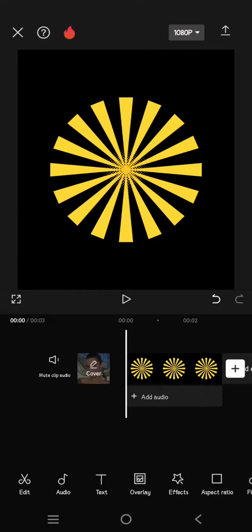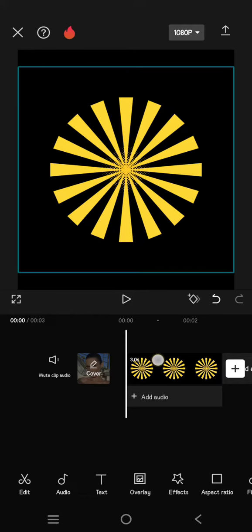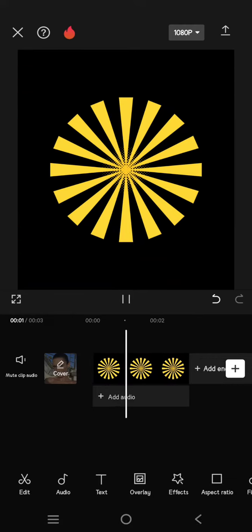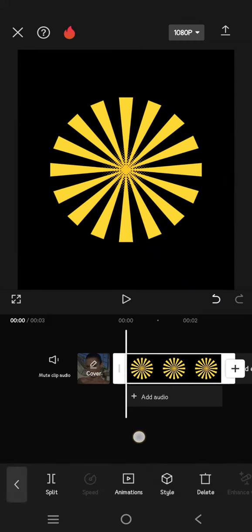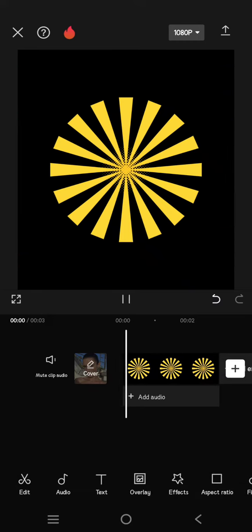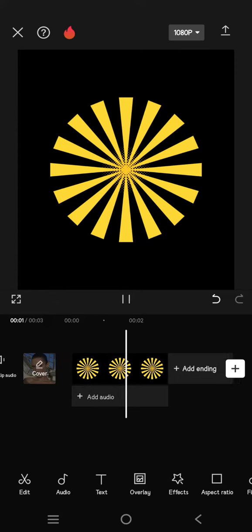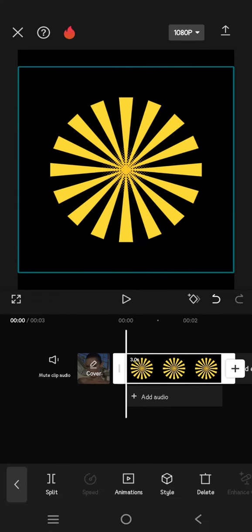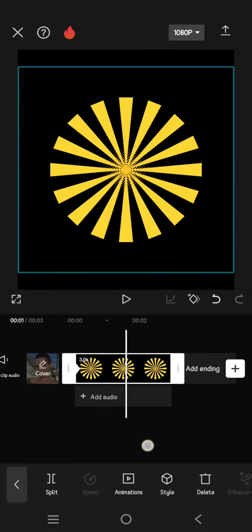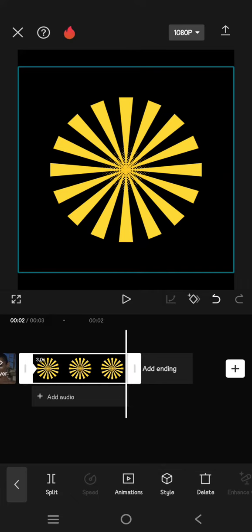On today's video, I'm going to show you how you can create basic movements for any objects by using CapCut keyframes. So here I have this object that I want to make move. You can see the object is direct like this. So I'm going to just add two keyframes, one at the start, one at the end, and here at the